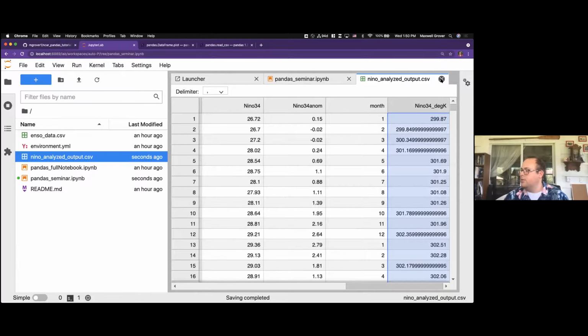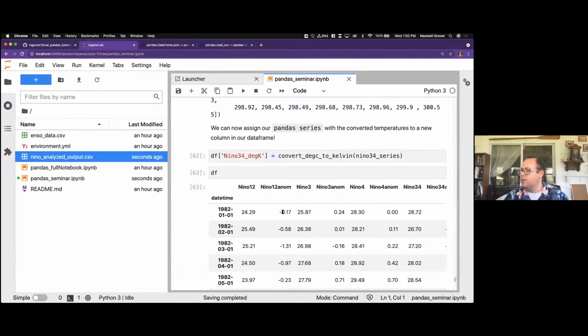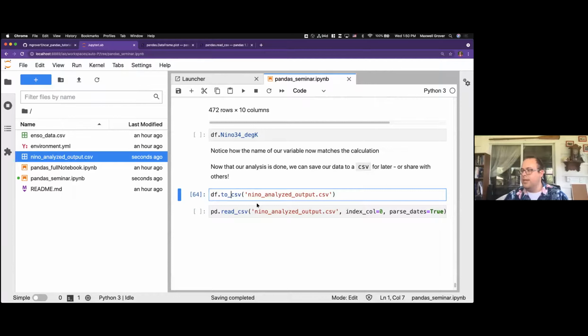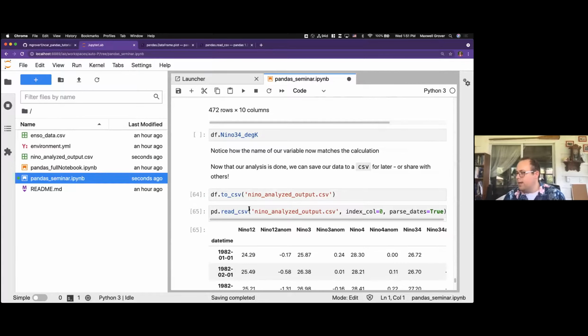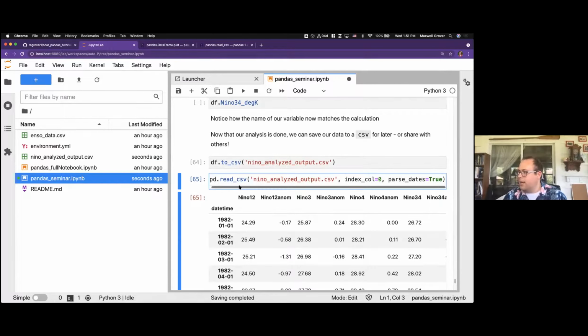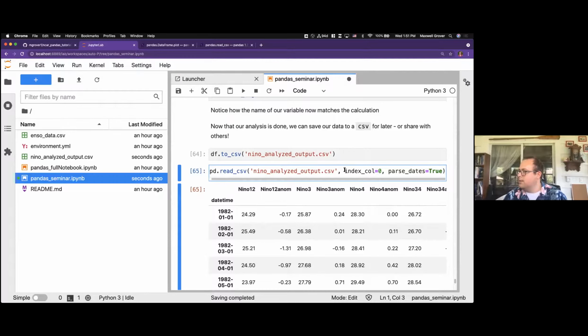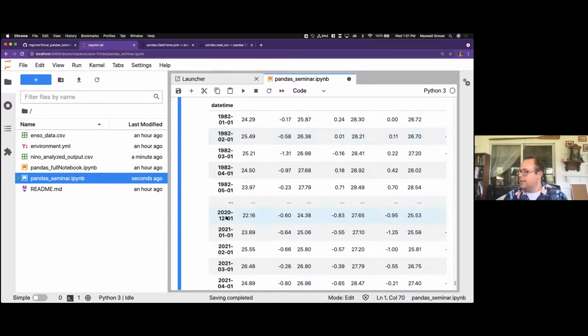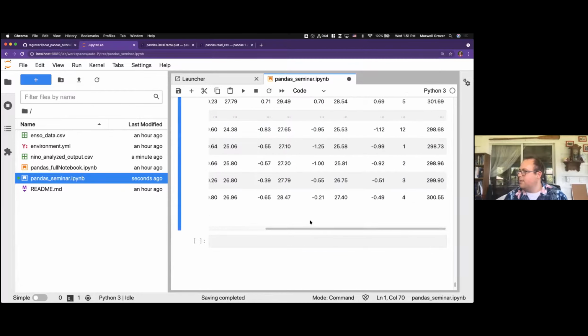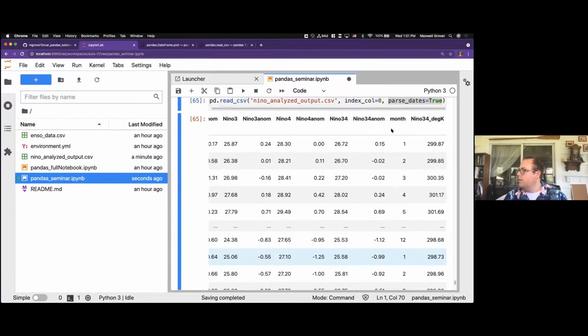So again, this can be really helpful if you're working on calculations or different analyses and you want to be able to output to a CSV. Continue to use Python. If you want to use a different language or a different program to analyze it, you can. And then just to double check that we can read back in this CSV, we use similar syntax to what we did earlier. So the index column, we use that first index column. We want to parse the dates, and that returns back that data frame that we expected with the newly calculated